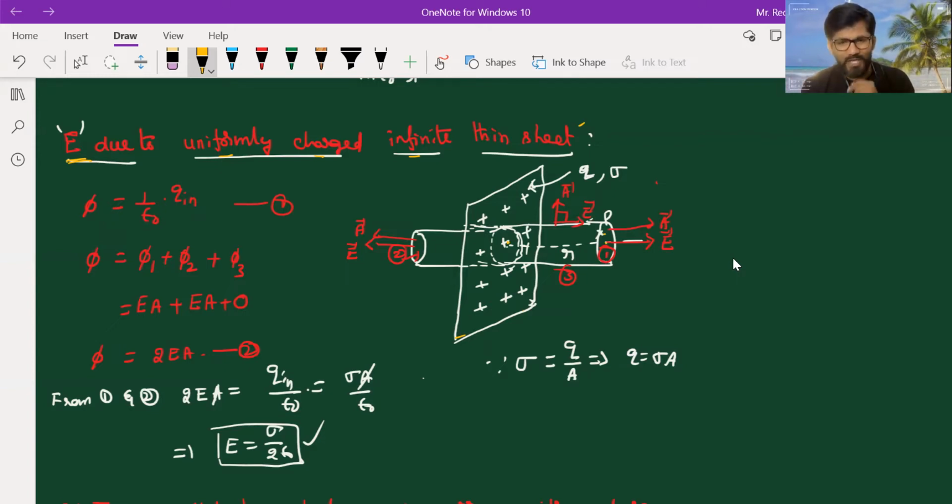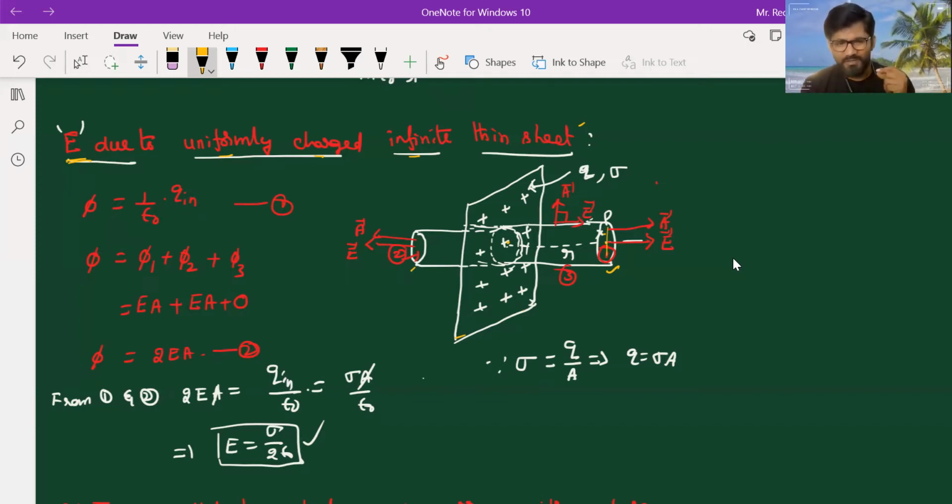Second point is, let us divide this surface into three parts. One is a flat surface at this end, right side part, surface one, and another flat surface at the left side part, second surface, and the curved surface we are considering as the third surface. Then the next step is, by applying Gauss law, what is the flux? We have to write the expression for flux through this closed surface.